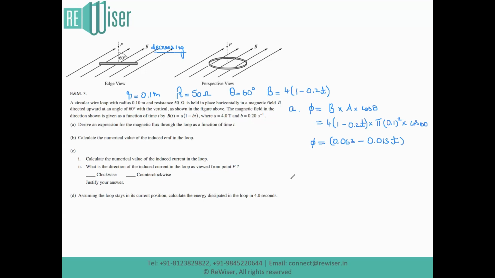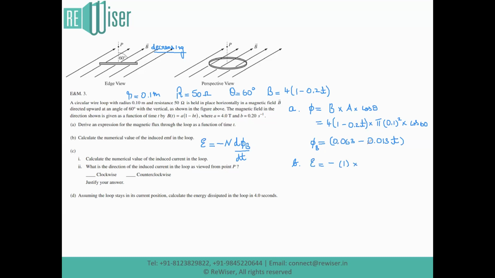Calculate the numerical value of the induced EMF in the loop. Here we can find the induced EMF from Faraday's law. Faraday's law tells us that the induced EMF epsilon is equal to the negative of the number of turns N times the rate of change of magnetic flux, d phi by dt. So we know the magnetic flux phi B, so we can just differentiate this equation. EMF epsilon is equal to negative, number of turns is 1, so 1 into,